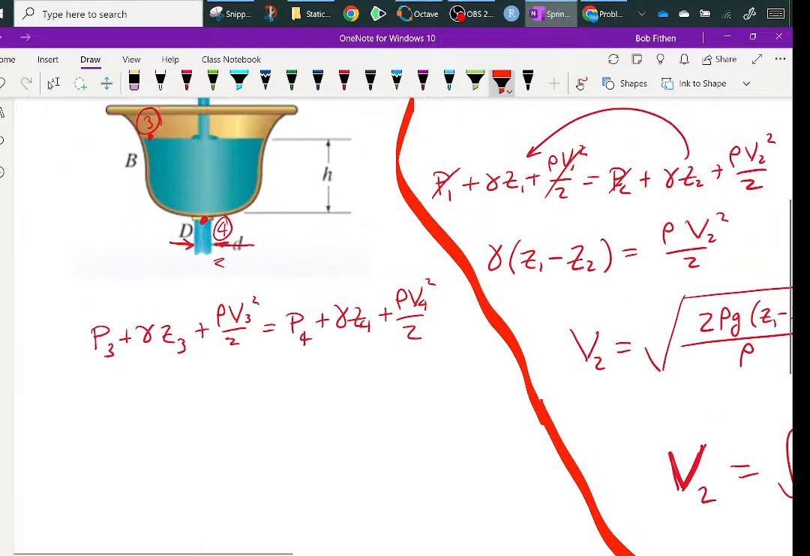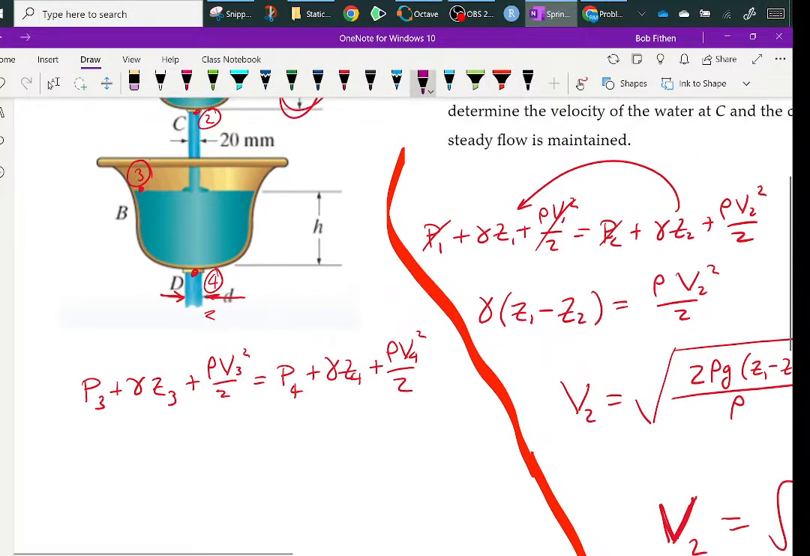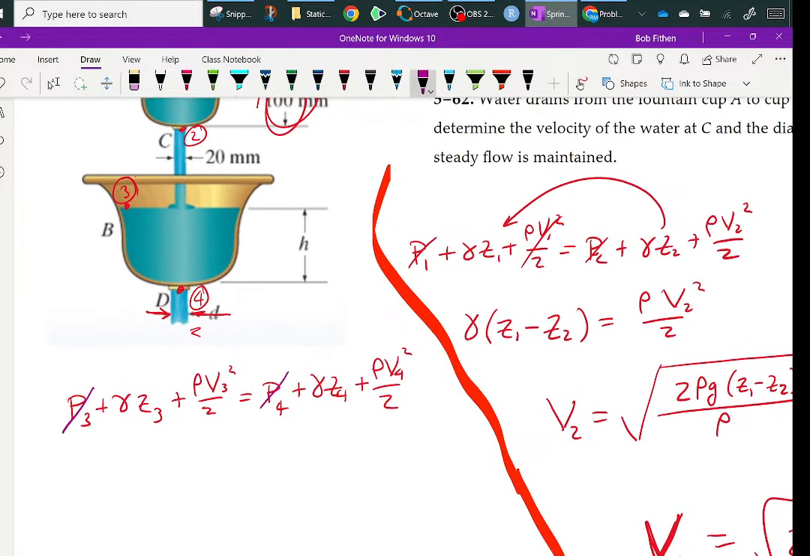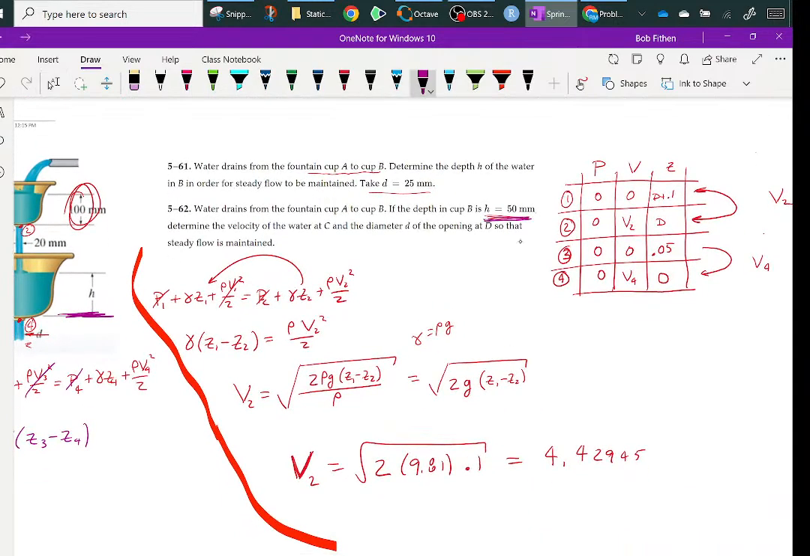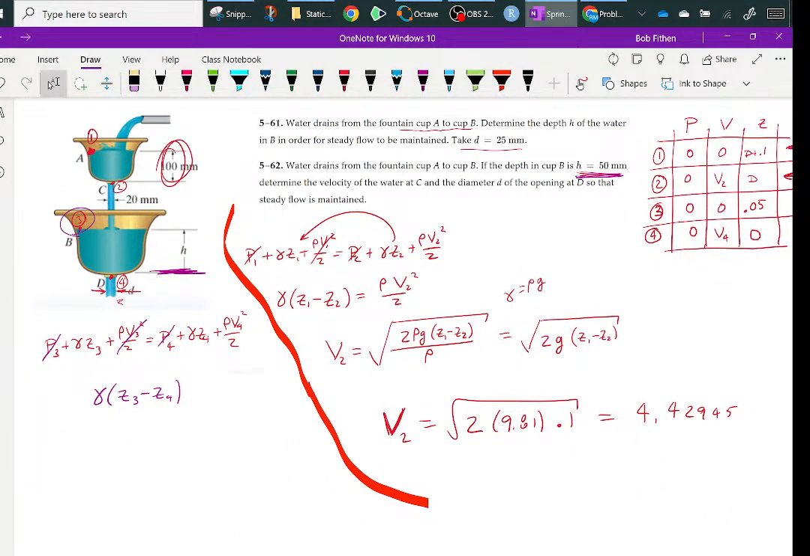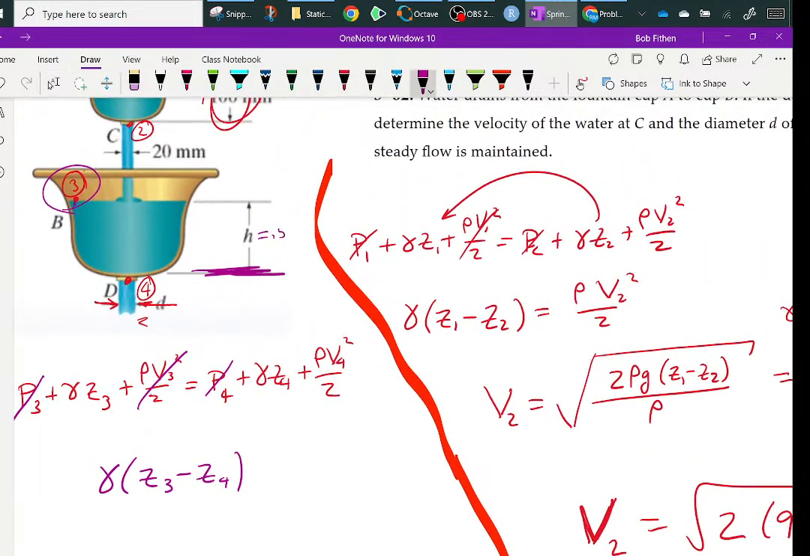So different steps to the same problem. Pressure is the same. Velocity at 3 is just sitting there. It's like stagnant, floating around. So I get gamma Z3 minus Z4. Now, if I make this the datum, then this just becomes H, which he tells me is 0.5. So this is equal to 0.5 meters